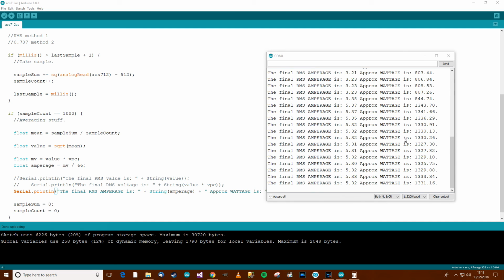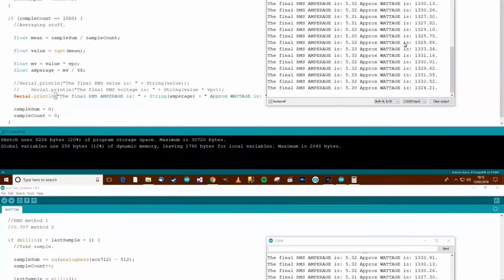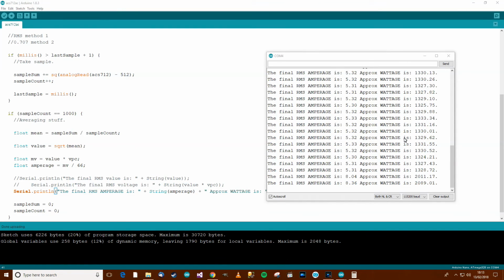Now, 8 amps. I don't think I'll be tripping anything at 8 amps. Although it is quite excessive for, well, you know, whatever. So let's just turn it up now. Yeah, so perfect. 8 amps or 8.3 amps, and the watts are around about 2,100 watts, which, okay, I believe that might be slightly over what it actually is. I don't know though, this could have been labelled incorrectly or whatever. So there you go, it's sensing 8.4 amps,